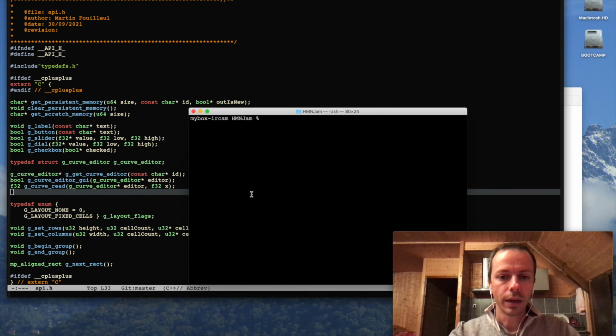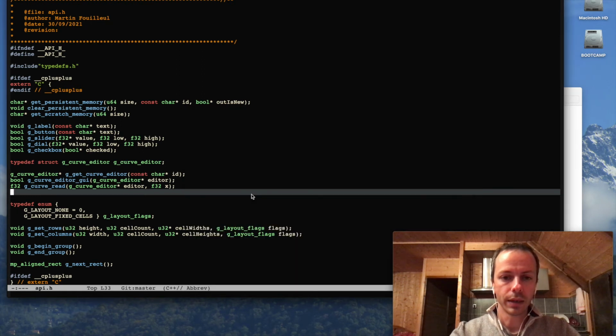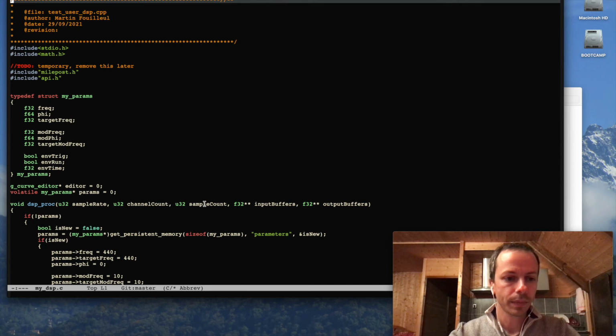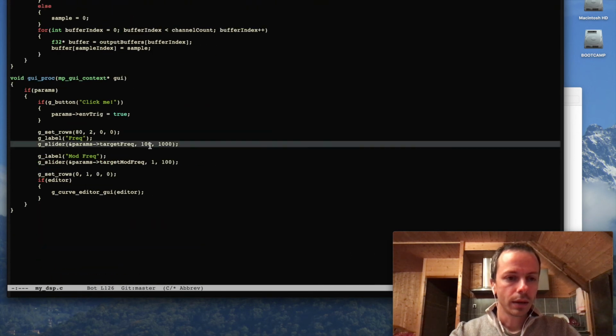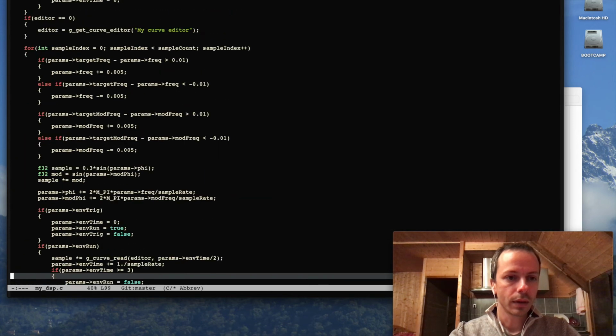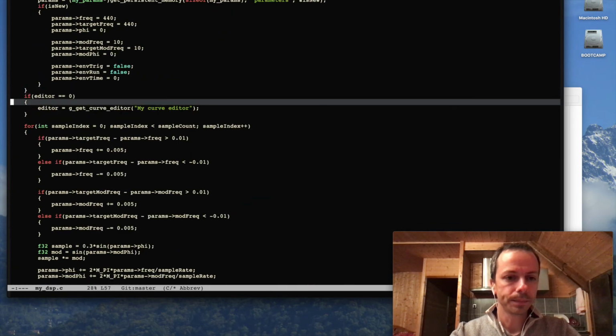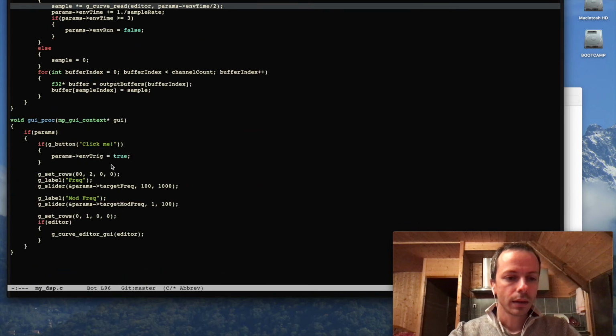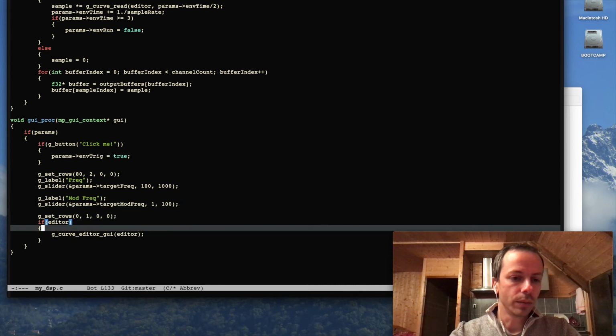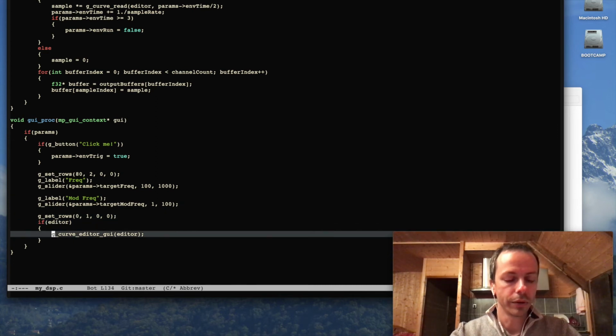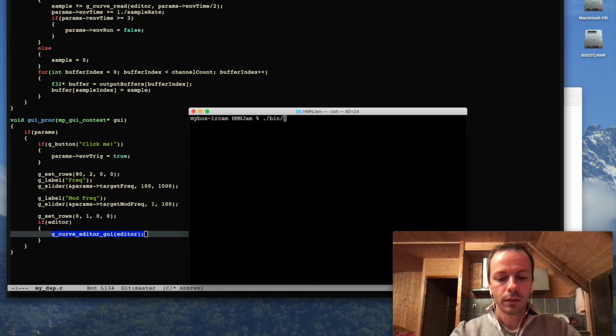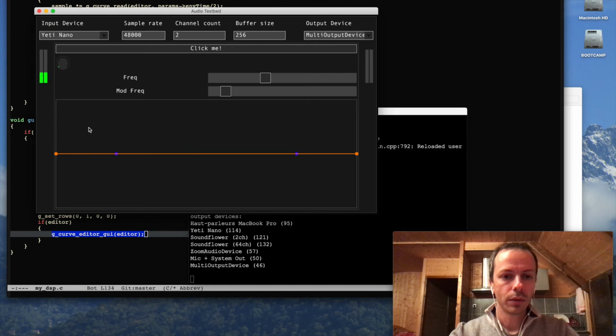So now if I open my dsp.h, it's here, I asked for a curve editor here, and in my UI procedure, if I have already initialized the editor pointer, I do the curve editor UI. So let me show you how it looks. So we have this